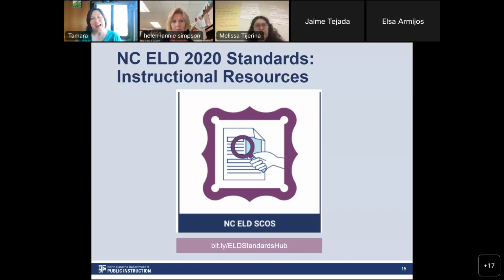So one of the things we talk about a lot in English language proficiency or English language development is that we take an assets-based look at what students can do. And I like to say that we need to do the same thing for our educators, an assets-based look at what educators can do and then how we can support that moving forward.